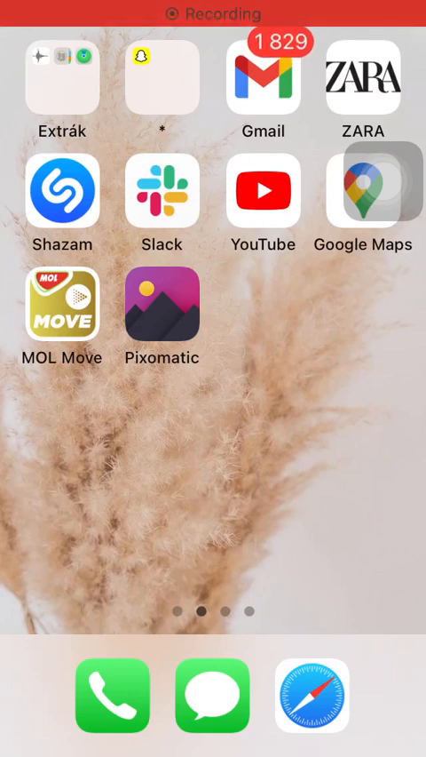Hello guys, in this video I am going to show you how to blend two pictures together on the Pixomatic